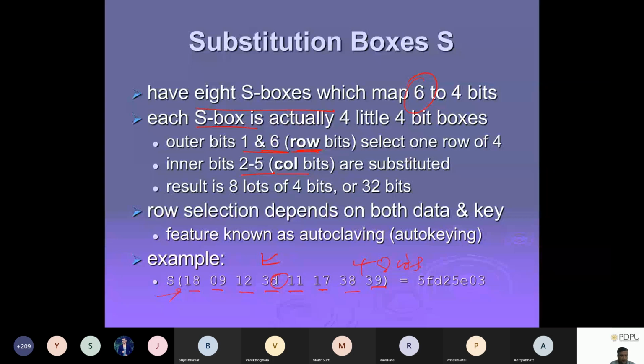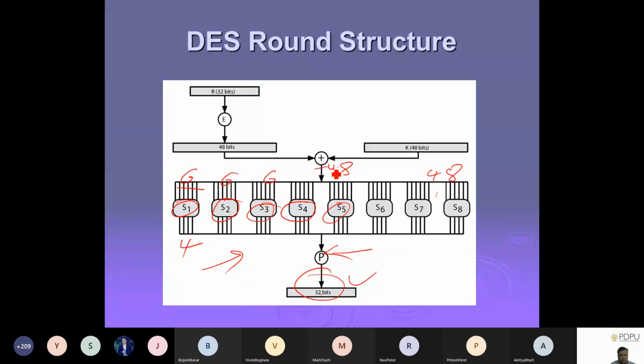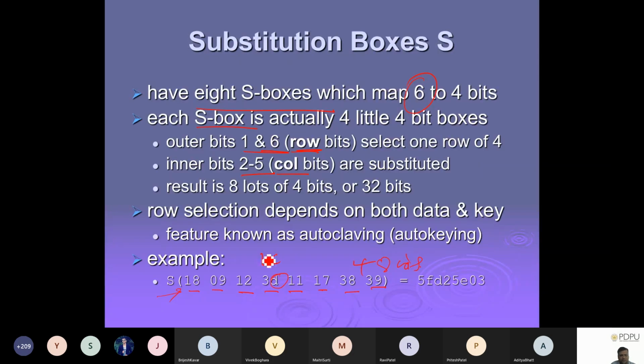The reason is that you can see in this diagram, your S boxes have 48 bits, right? And then your output is actually 32 bits. So from 48 you are converting to 32. Each S box has 6 bits. Here I see the first S box, second, third, fourth, fifth, sixth, seventh, and eighth S box. But if I give this input, it is actually 64 bits, and I am saying it is 48 bits. Did I miss anything here? According to the diagram, it's supposed to be 48 bits, right?